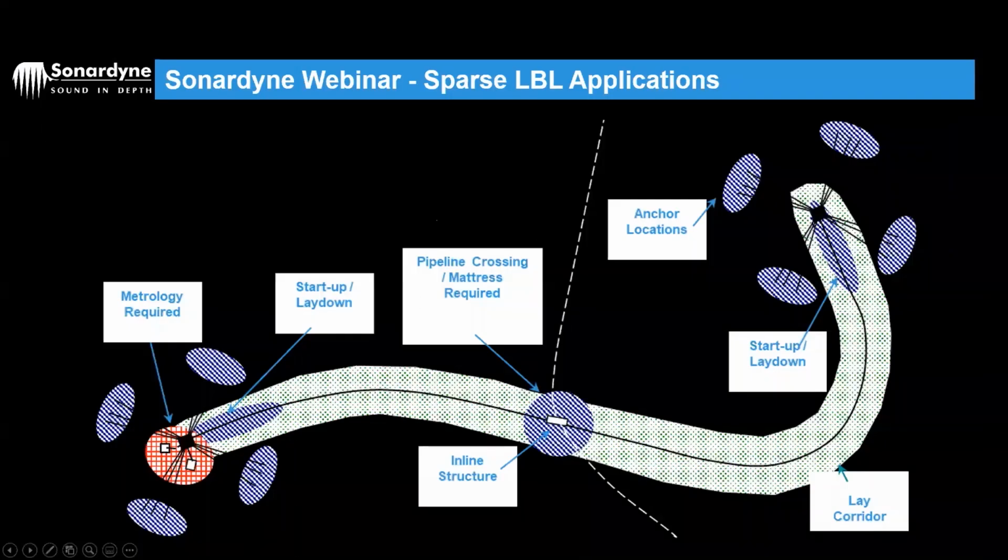Okay, we can also apply it to other scenarios. So in this picture, we've got 3 colors. We've got the green, which is this pipeline. So it's probably got a lake